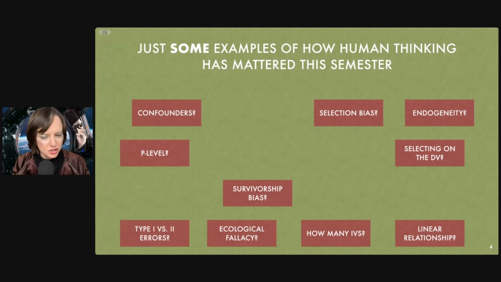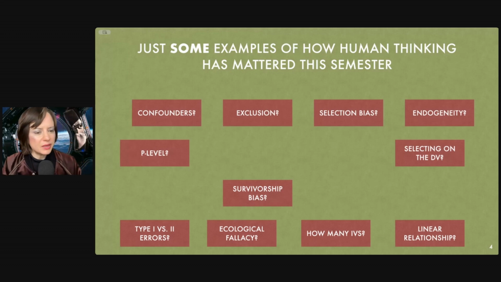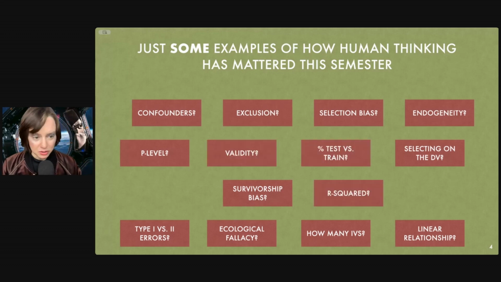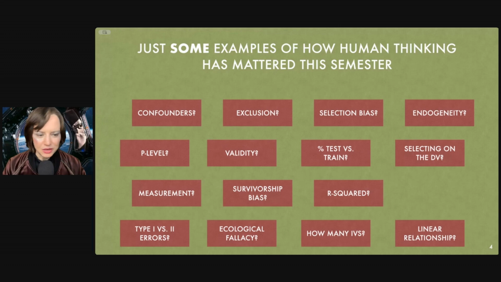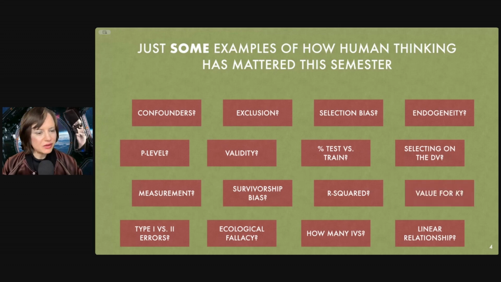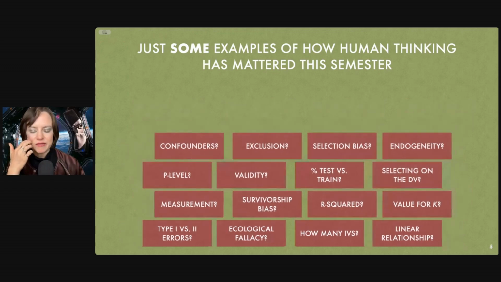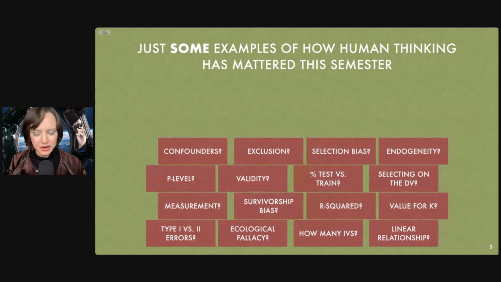Is there a linear relationship between our variables? Are we making a type 1 or a type 2 error? Have we committed errors of exclusion, errors of validity? What's the R squared? Is it high enough? Is it too high? What percentage test versus train should we split our data into? Measurement. Did we do it right? What value for K should we use? All of these questions and many more are things that at various points of inflection in our analyses, we've said,